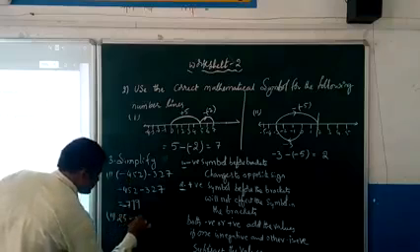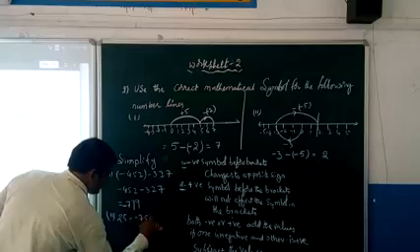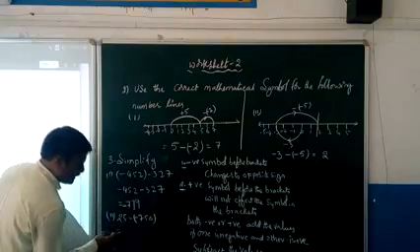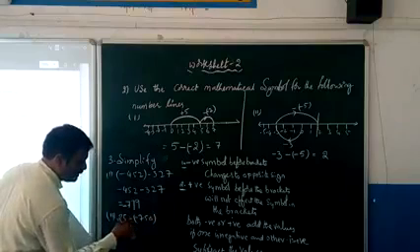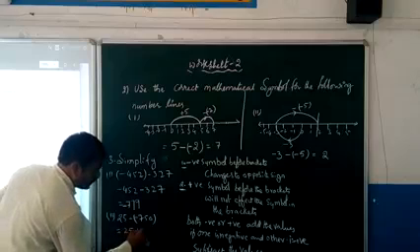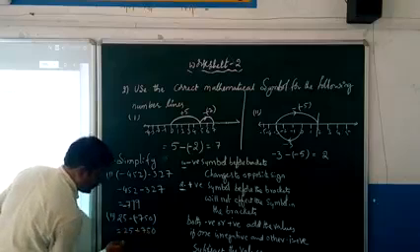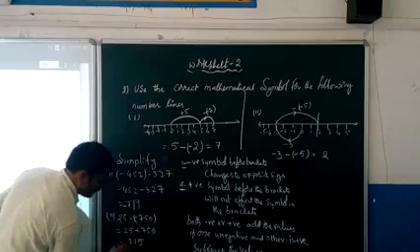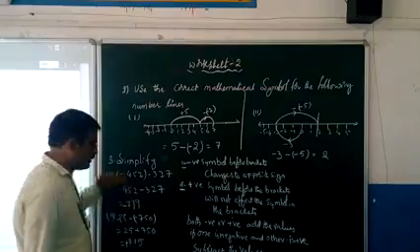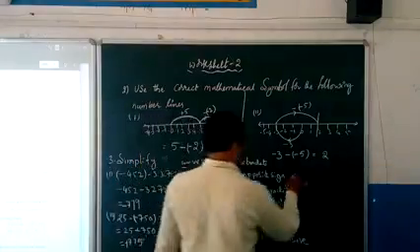Coming to the second sum: 25 minus of minus 750. So now first remove the brackets. This negative sign is there, it will change to positive. So 25 plus 750 makes it 775. The greater value has a positive sign. That's it. You can do the remaining sums also like this.